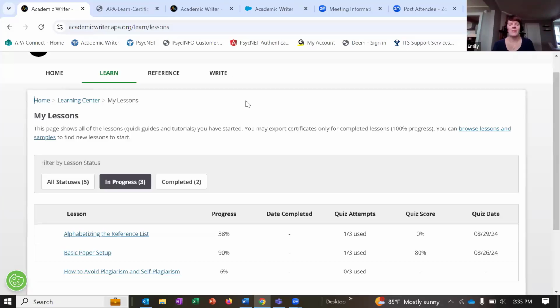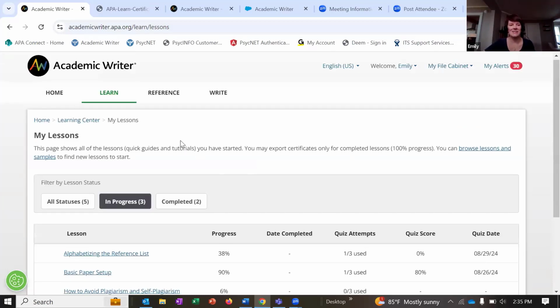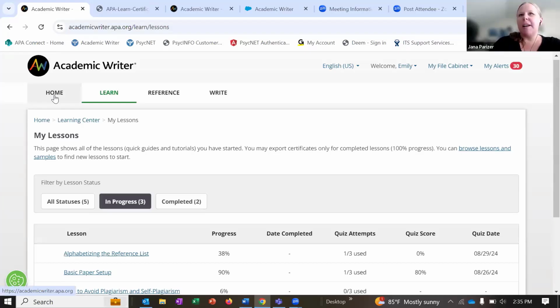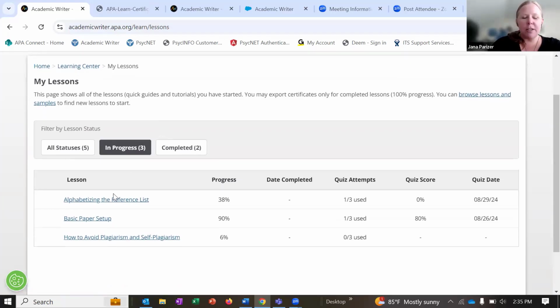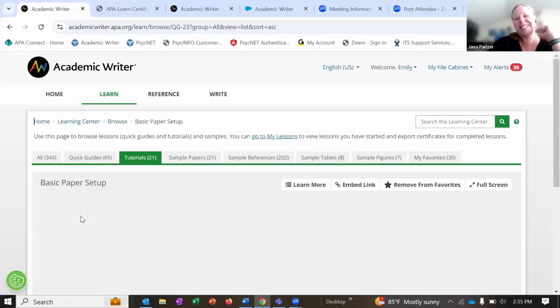Any other questions from the chat or anything? I can also, if anyone wants me to demo anything else, do that. Someone else is saying that one of their instructors requires the basics of AP style. So rather than a screenshot, they can just submit the certificate. So a tiny bit more official.